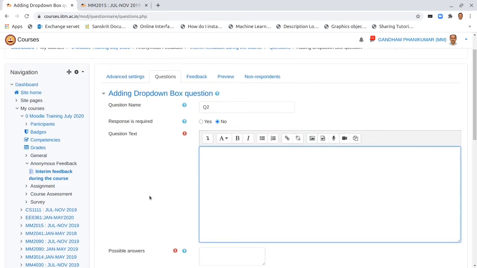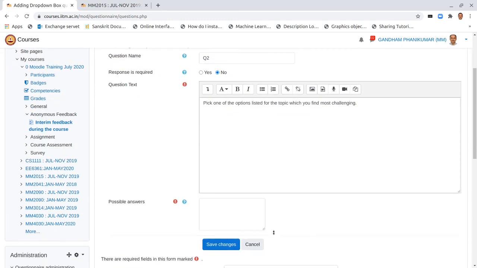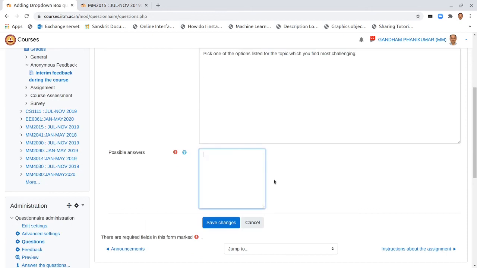So we would say pick one of the options listed for the topic which you find most challenging. Okay, so that we want to see which one of the topics we should basically do the discussion in a more detailed manner.